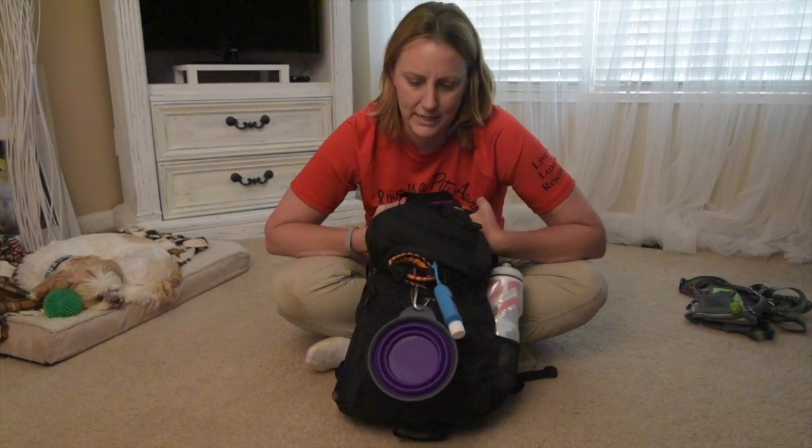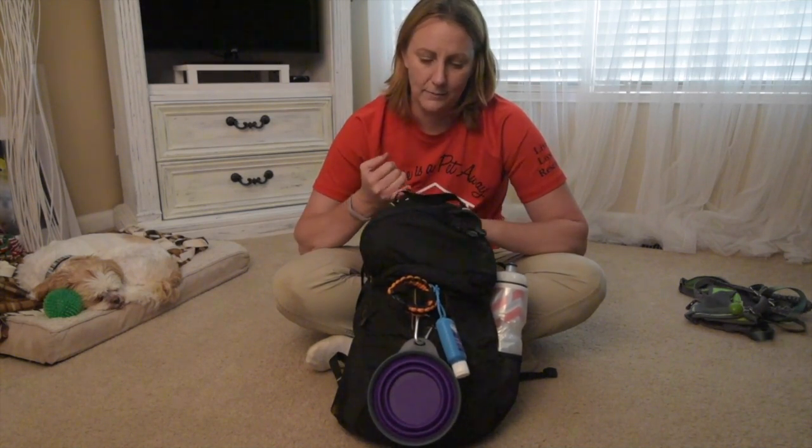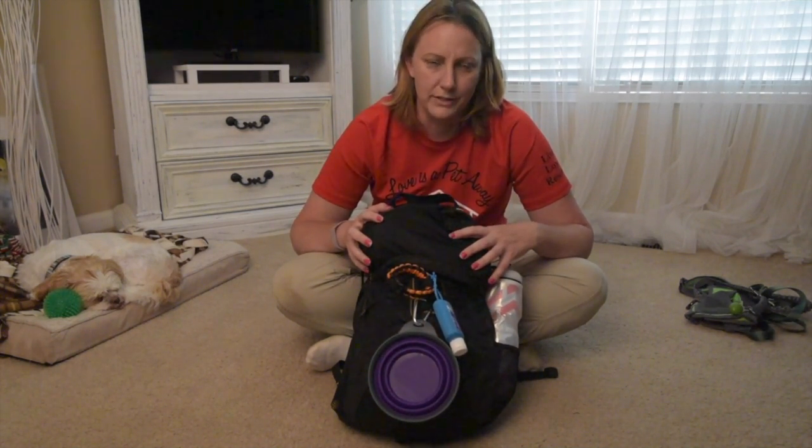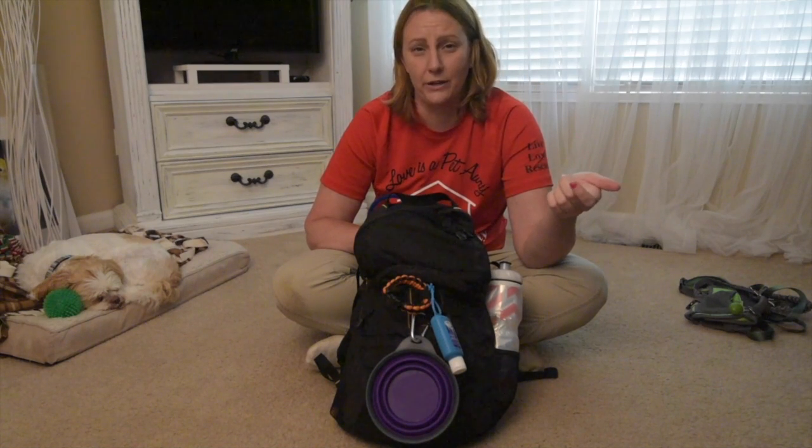One thing I want to say about day packs is the contents will constantly change depending on the seasons. Obviously in the winter you need a lot more gear than you do in the summer. It'll change depending on where you go hiking. We're in the Chicago metro area, and most of our hikes are in an area where we get great cell